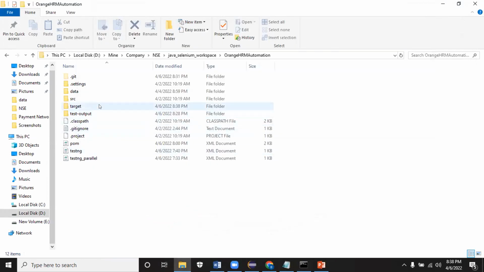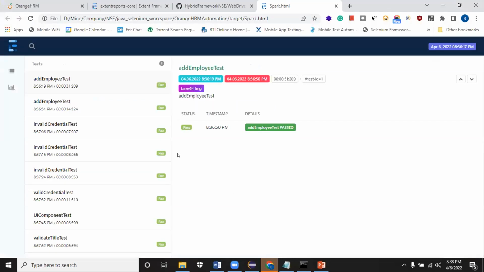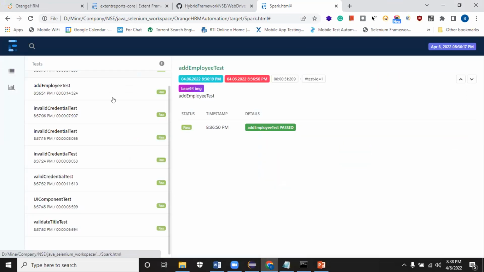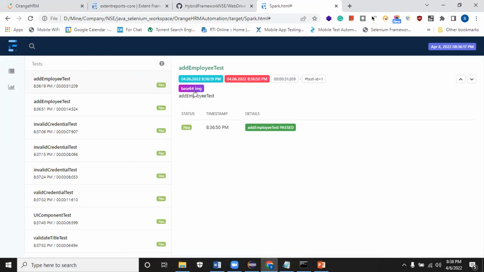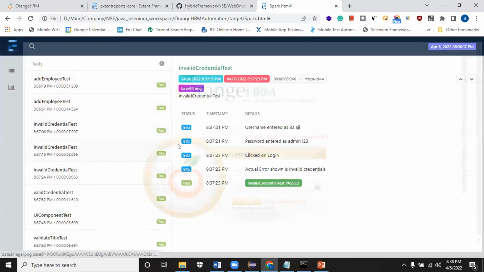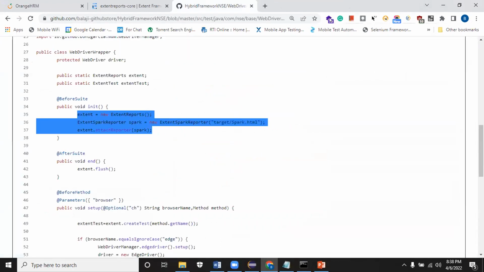Now in the target folder, we already added the WebDriver wrapper. The WebDriver wrapper will generate the HTML report, and you see this is the report that got generated. All test cases passed. Now the complete suite is successful, and every time it took a screenshot and imported it. Okay, that's fine. Now this is an Extent report, an HTML report like the testng report.